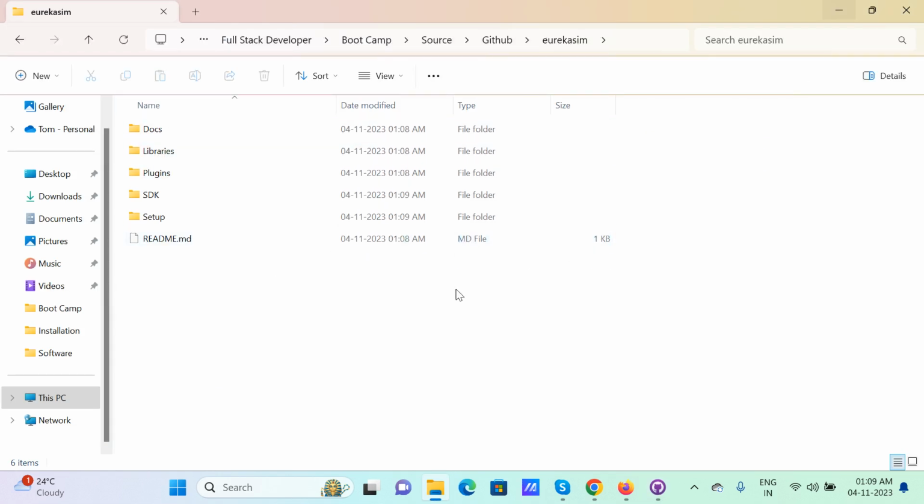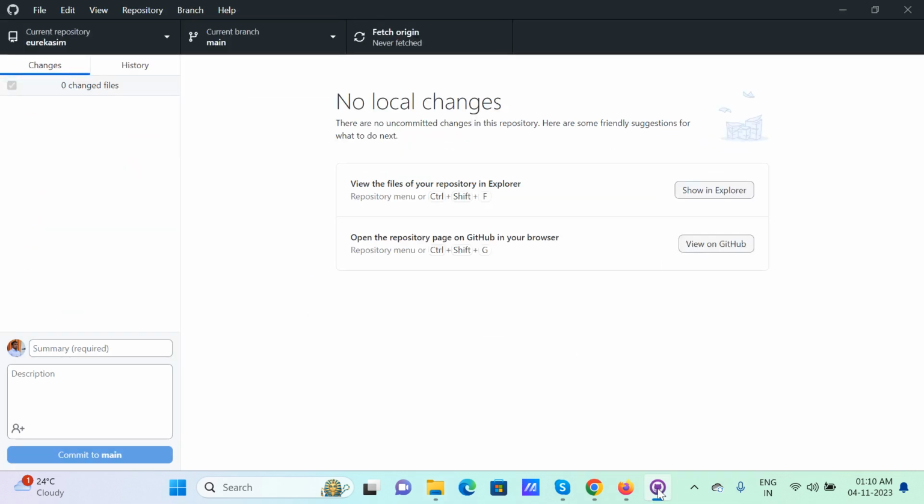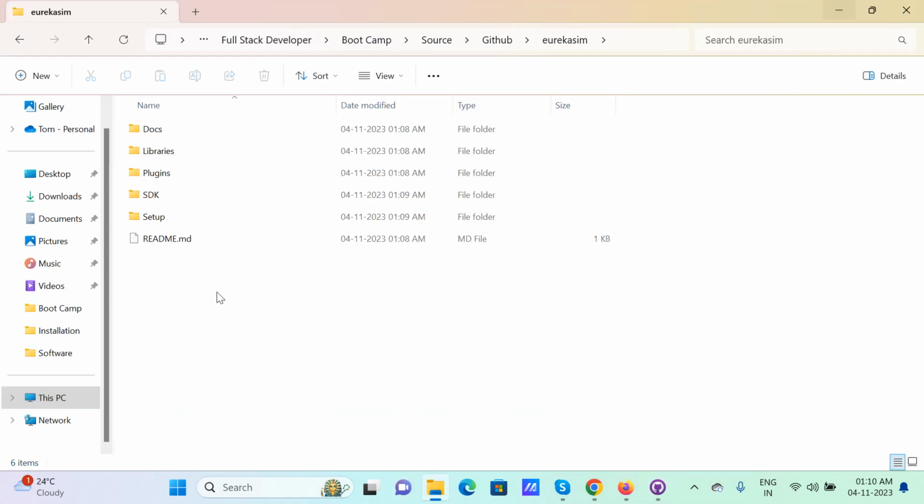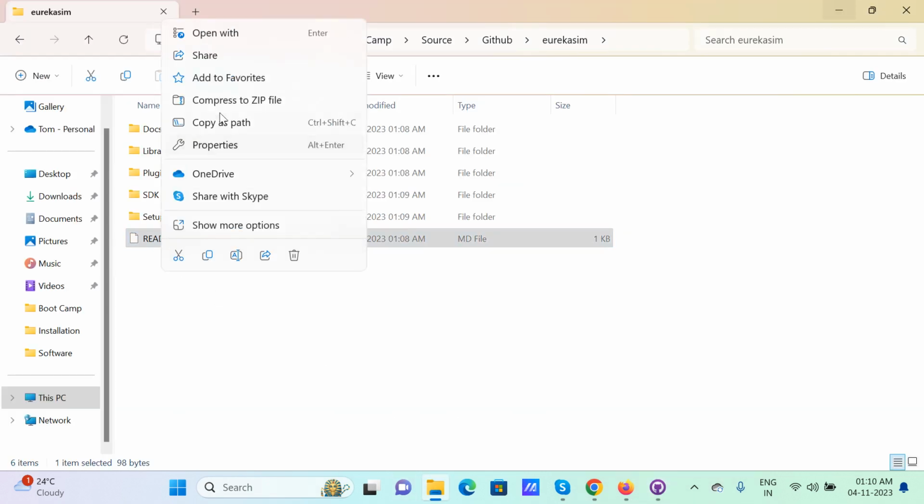If you want to see the files change, there are some tools where you will get some sort of overlay icons as well. So if you see that directly, you can see it is actually overlay icons in red. But if you want to do it with the GitHub Desktop, then you need to come here and see the changes. If I modify something, it will automatically open with